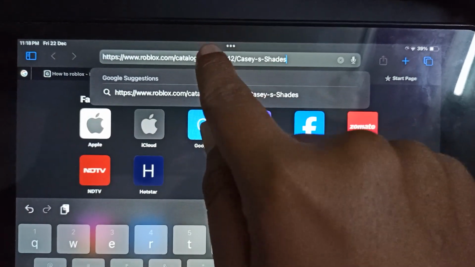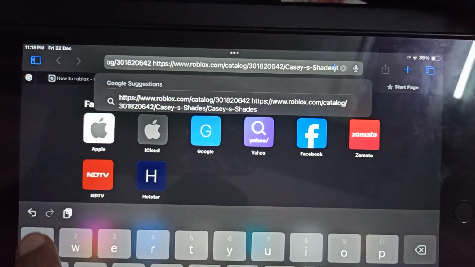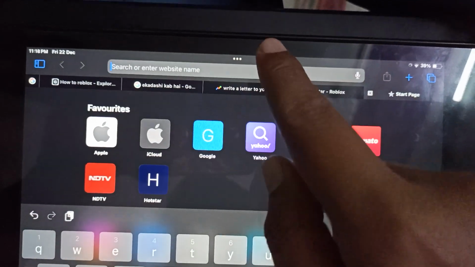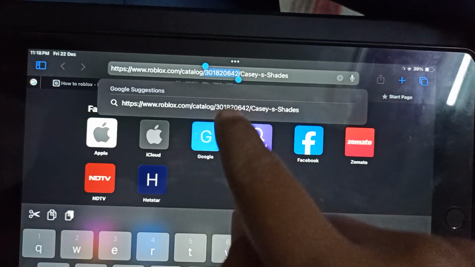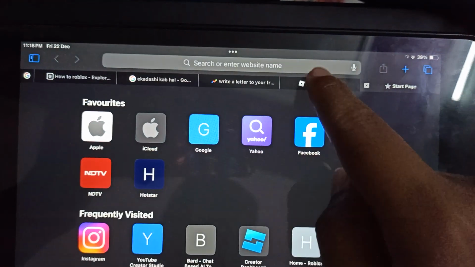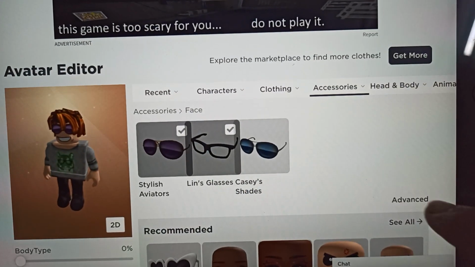here, copy the link address or the asset ID. Sorry, I just messed up. So just tap on it, copy the asset ID, go back to avatar page, and here you have to tap